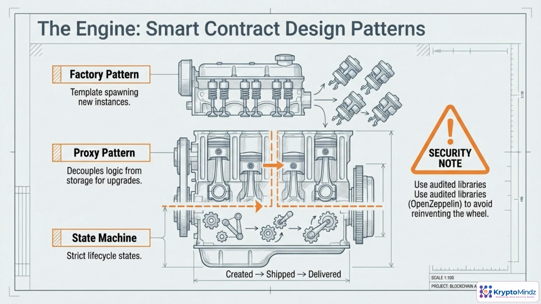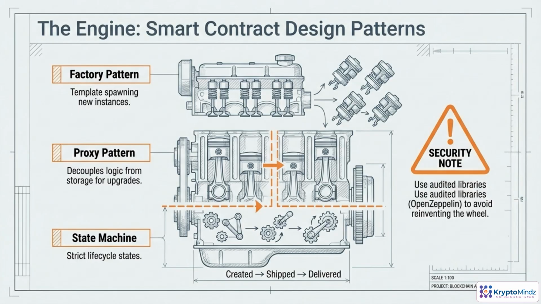Smart contracts are the engine of your blockchain system, and design patterns keep that engine reliable and upgradable. The factory pattern gives you a contract template that can safely mint many standardized instances like orders or identities without repeating logic. The proxy pattern separates storage from logic, so you can deploy new versions of code while keeping data